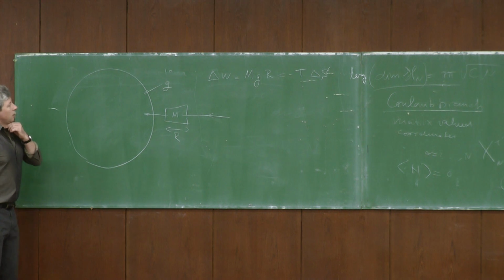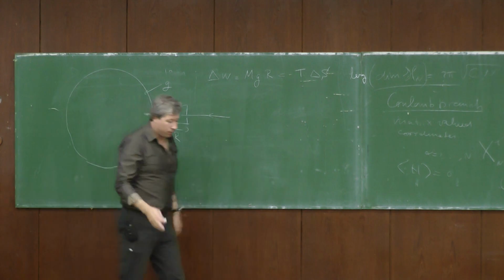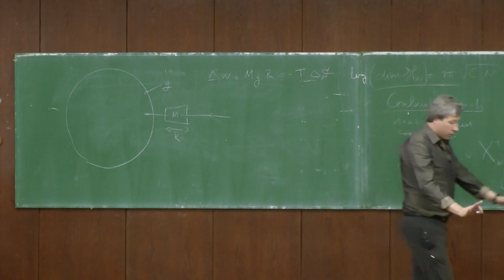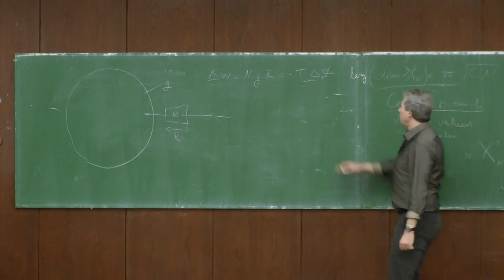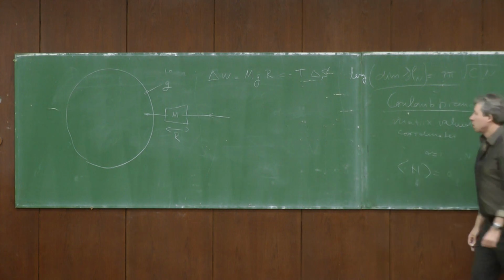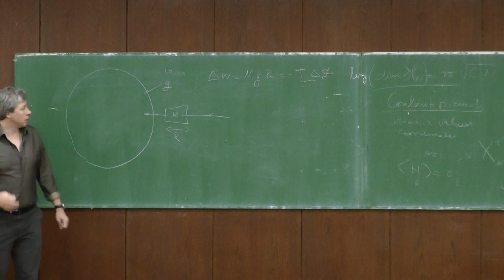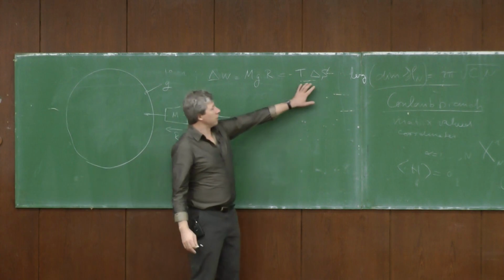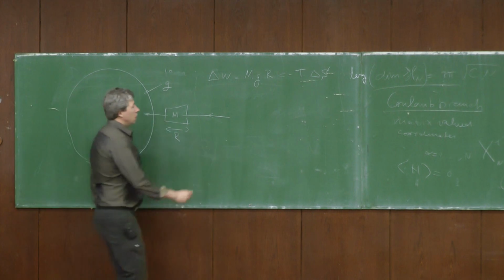So if this box would have contained a lot of entropy, you would drop the box into the black hole and you don't see anything of the entropy of the box. But you will have increased the entropy of the black hole by this amount. So the argument is that this box cannot contain an arbitrarily high entropy. It should be smaller or equal to whatever I'm calculating here, because I know what the temperature of the black hole is.